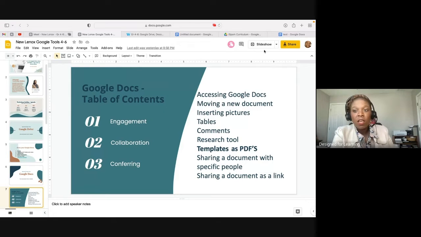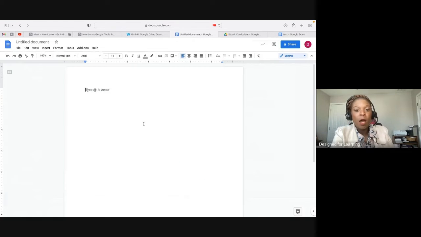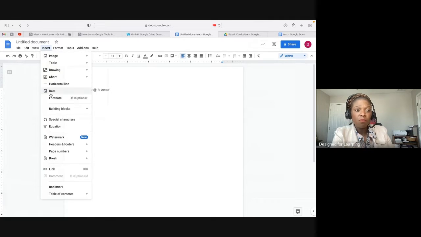So engagement. One of the things I really like about having the tool here that we can go through Google Docs is that we have a lot of ways that we can have students engage. And one of the things that I wanted to talk about is inserting voice or text in here so that they can speak or say what they want and have it be pre-typed, or we can upload things that are beneficial for students. Maybe it's a video that we're going to include for the instructions instead of just having